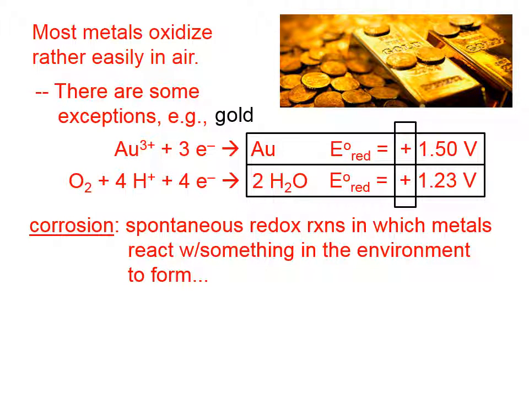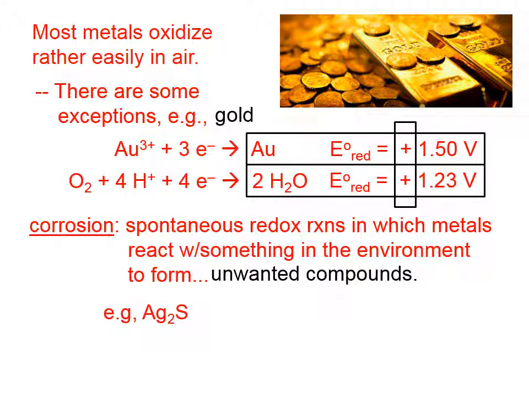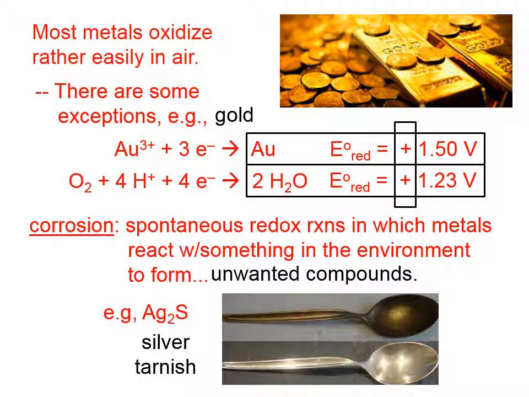Corrosion is the spontaneous redox reaction in which metals react with something in the environment to form unwanted compounds. For example, silver sulfide, known more commonly as silver tarnish. The silver is reacting with sulfur in the environment, giving this tarnish to things that are made of silver or